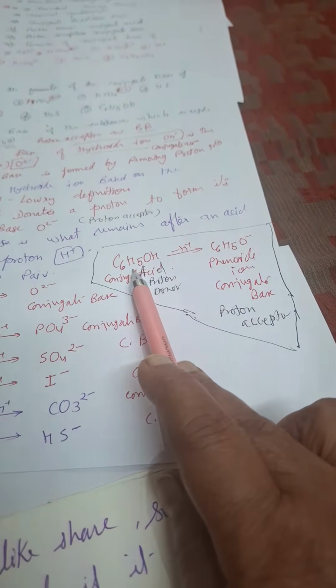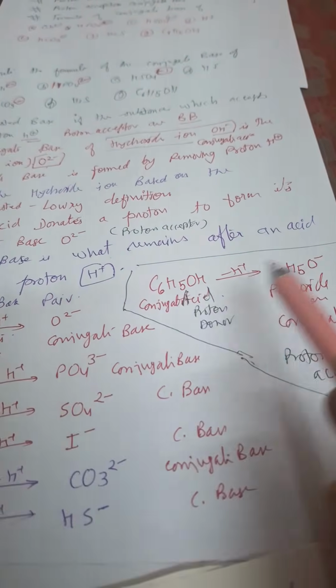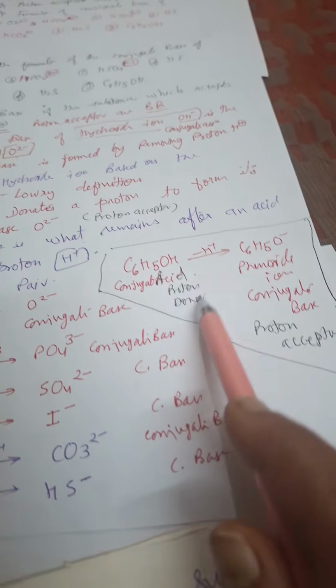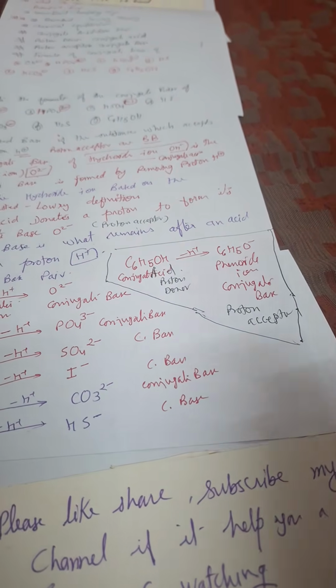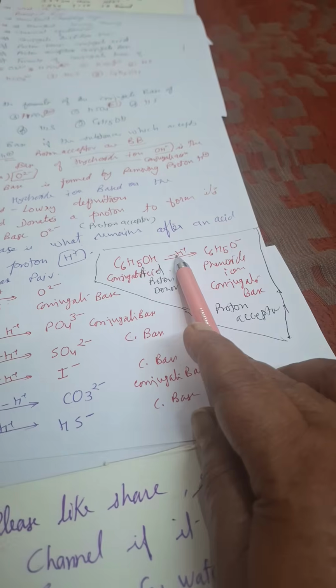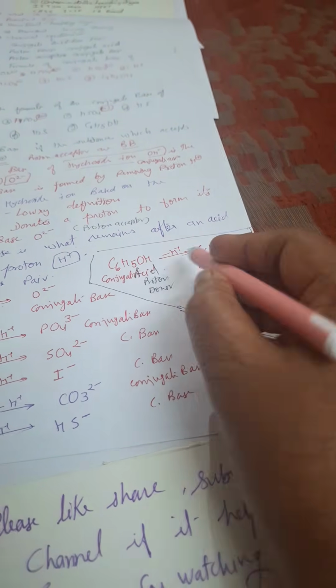Now phenol, after losing H⁺, will form the phenoxide ion. So see here, phenol is the conjugate acid and the phenoxide ion is the conjugate base. What does it mean? After loss of a proton, it will form the conjugate base. This conjugate base, when it accepts, I am writing like this,